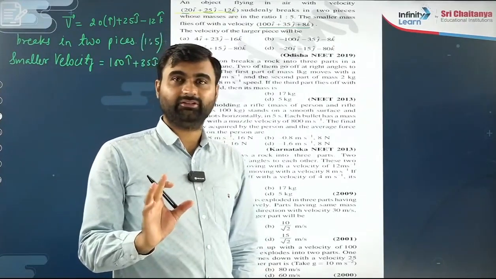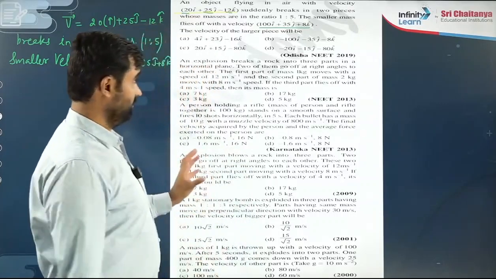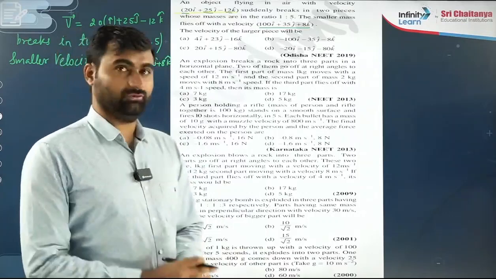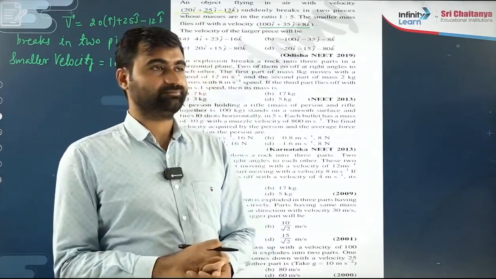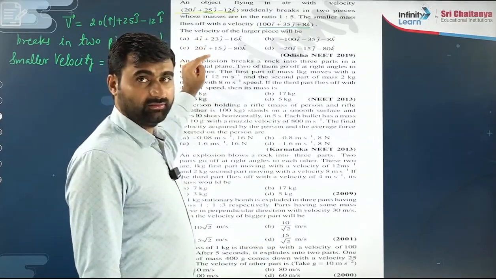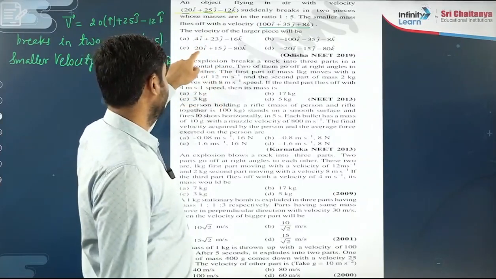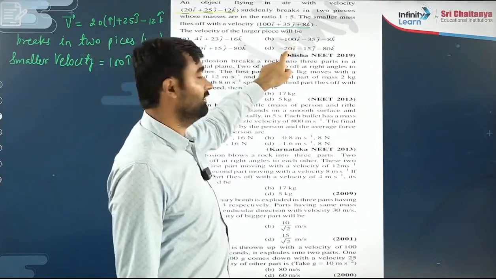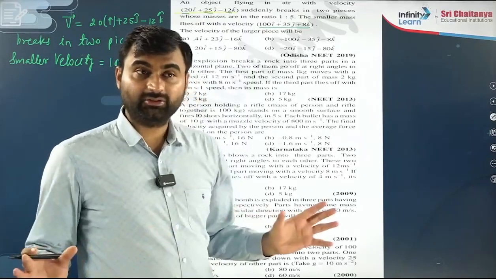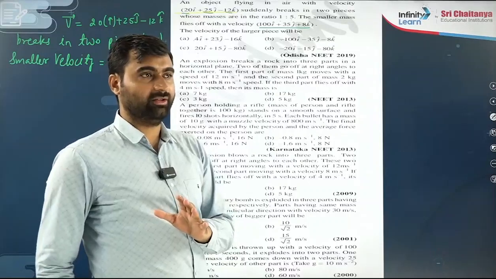So how will we calculate? Same concept we have to apply. Initial momentum equal to final. But in each question we have to see the options. Now see the options. A very interesting point is that here in the options, see i cap, how much velocity is given? So here 4, here 20, here minus 100 and here minus 20. So you can see in all options, the i cap velocity is different. Agree or not?